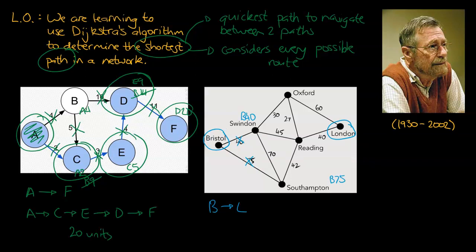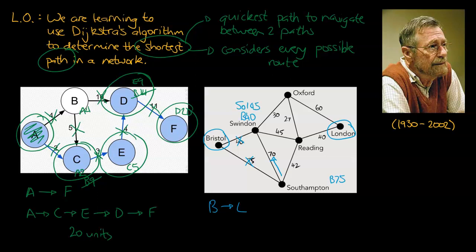So we're now at Southampton. Maybe let's make our way over to Swindon, and that there is 70 extra. So that's going to be 75 plus the 70, that's 145. And we're going to go from Southampton. So we're going to write SO for Southampton. So that's SO